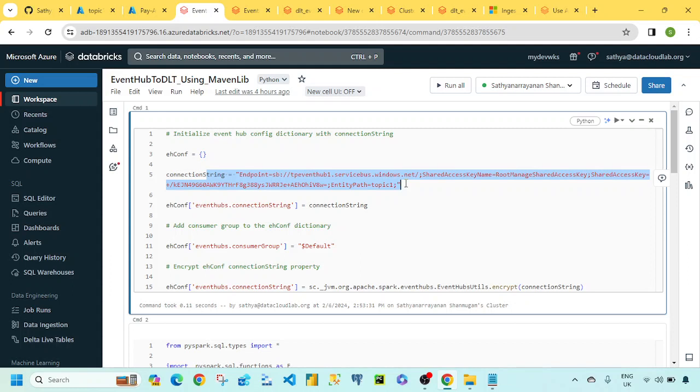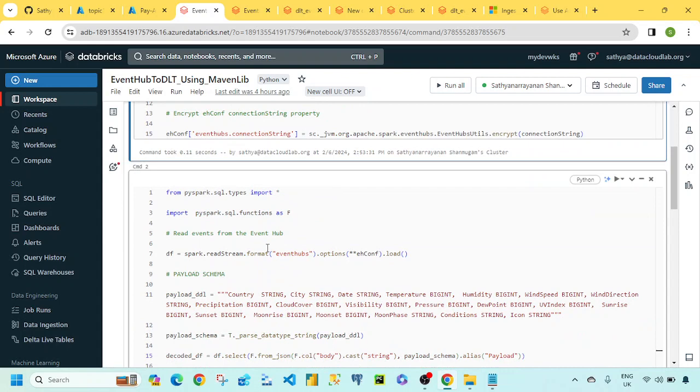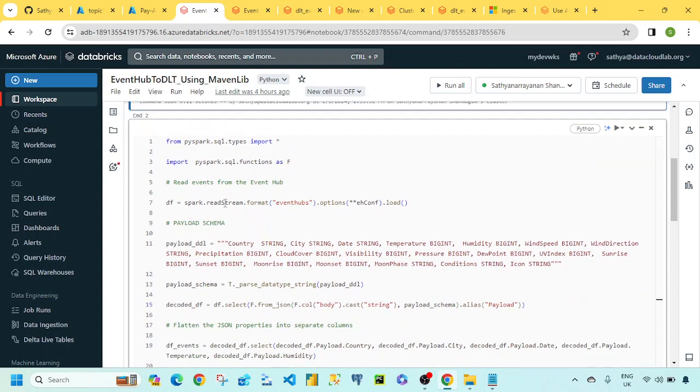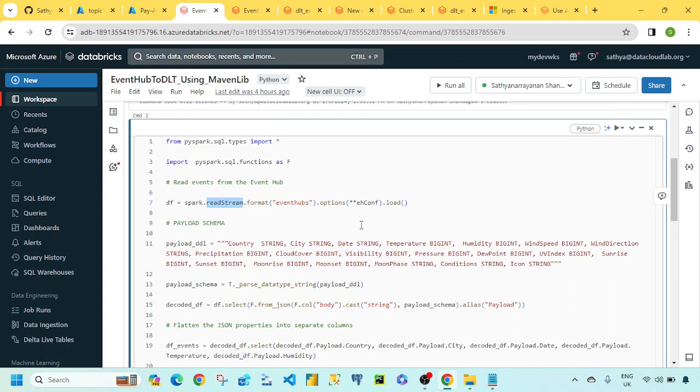The best practice is to get this from the key vault. So let me go through this code. They have a variable for the connection string, and then they are defining the consumer group, then the PySpark code which reads the event hubs using the event hubs connector,